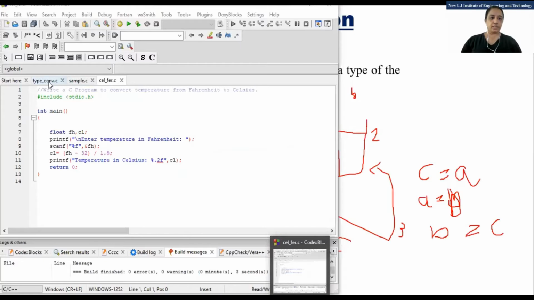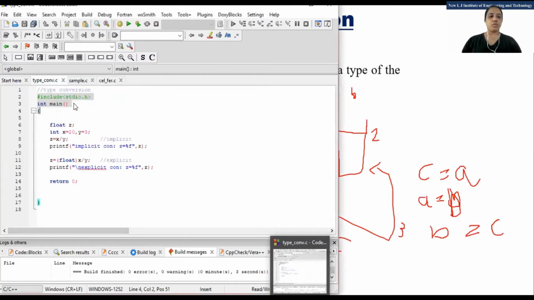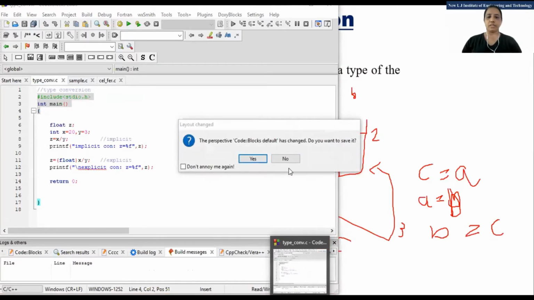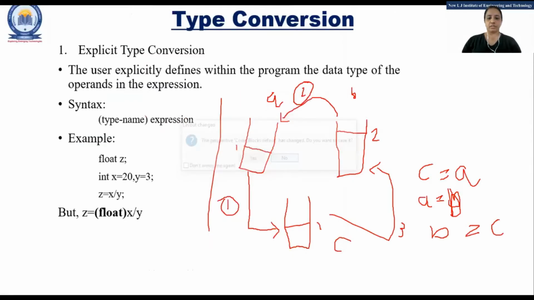So see, first we will go for type conversion, and then we will move to the code block. You just leave the meeting, then I'll start again, and then you rejoin, right? We are leaving early by 2 minutes, so we will cover the rest in the next session.